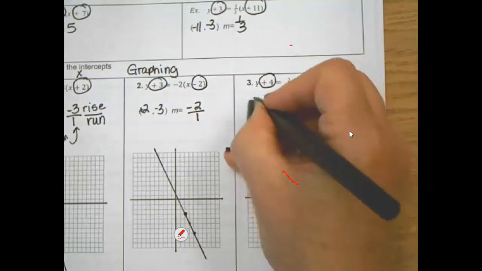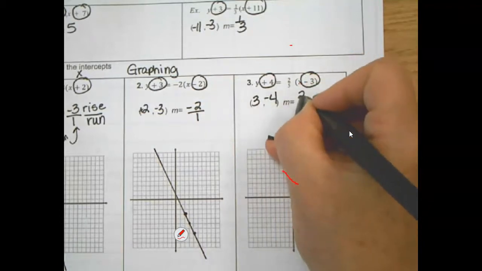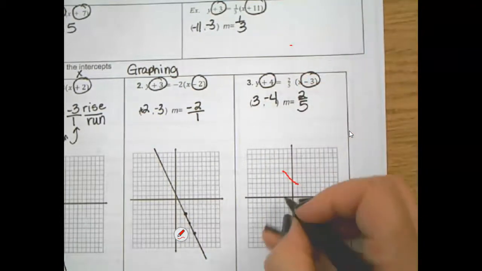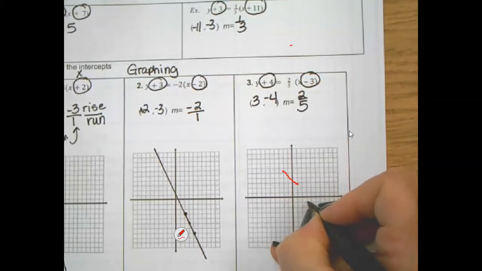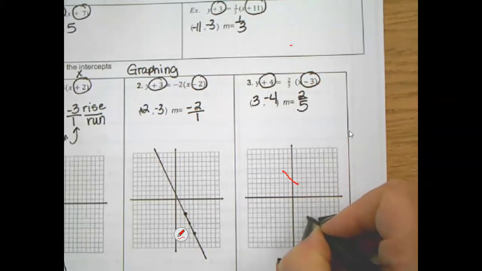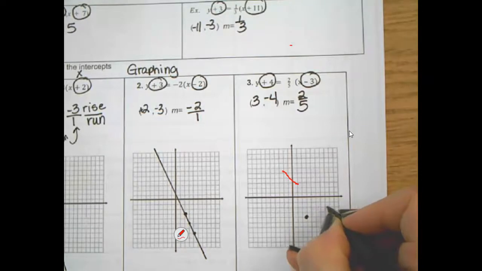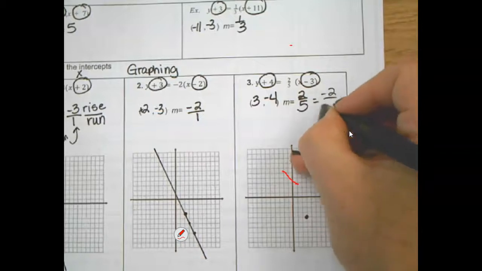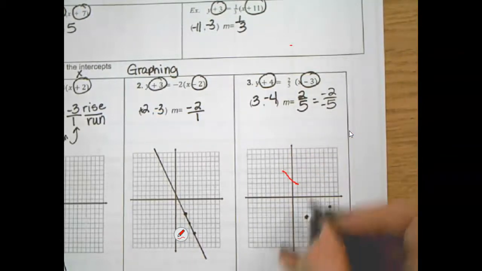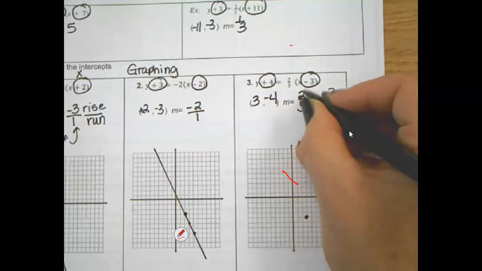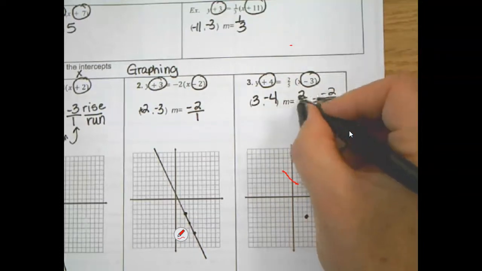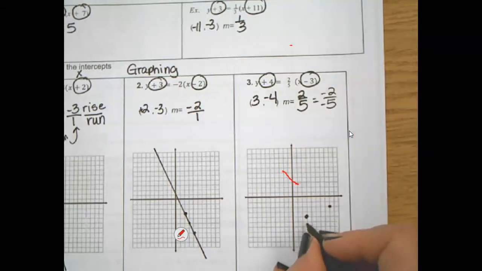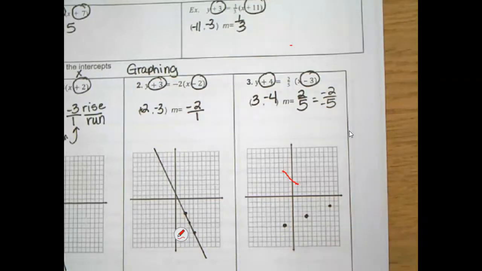One more time. Y, x, +3, -4. Slope is 2/5. So now we go 1, 2, 3, 1, 2, 3, 4. My slope says to go up 2 over 5. I don't know if you know this, but you're going to follow that same pattern because negative divided by negative is positive, so these two items are equal. This one is just simplified. So I literally could go down 2 to my left 5 and still be on that same line